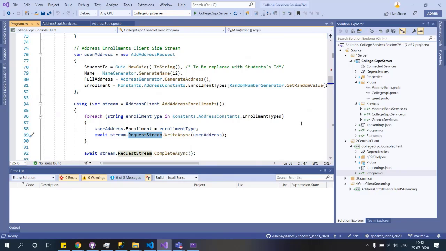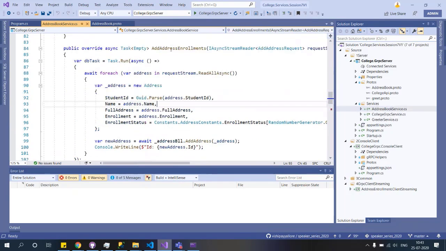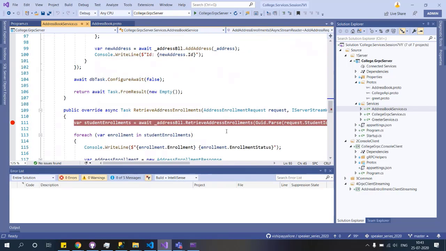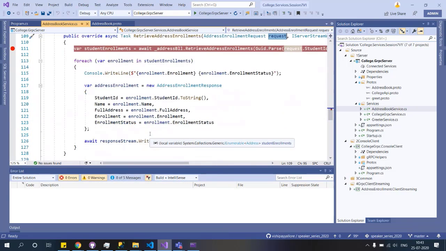request stream. But when we are doing the server side streaming, we use ReadAsync, because this is a server side streaming retrieve. You can see this. The client will send a request, and on the server side, now it is a response stream. Again we apply a similar concept: we traverse whatever we want to, do that business logic or implementation, but when we are writing, we write it to the response stream.